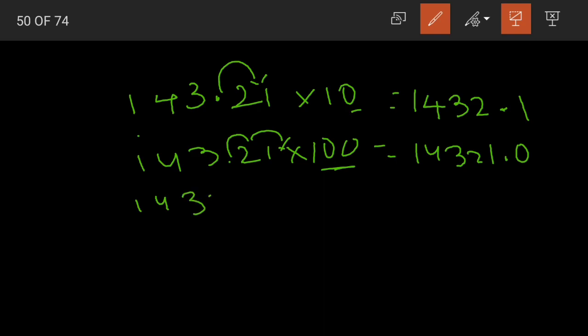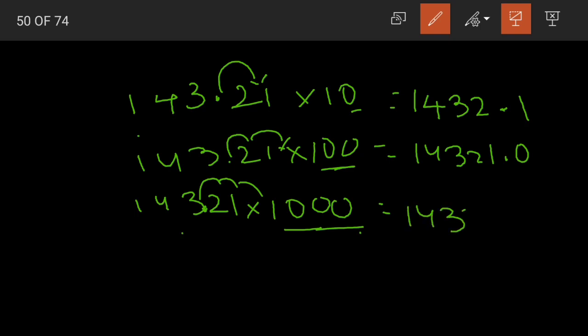Next, the same number multiplied by 1000. Now our 1000 has 3 zeros, so the decimal point will move 3 places to the right. But in this number we have only 2 decimal places. We do not have the third decimal place. So what should be the third decimal place here? It will be our 0. As we do not have any number, there we'll place a 0. After that we have our point, and after the point, if you want, you can place a 0, or you can simply leave it as this.